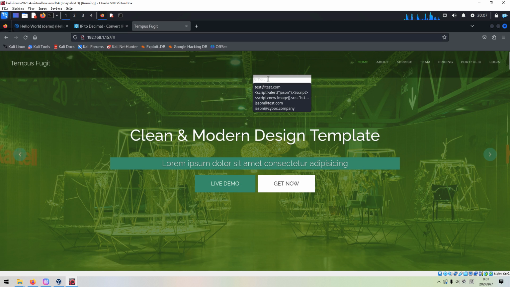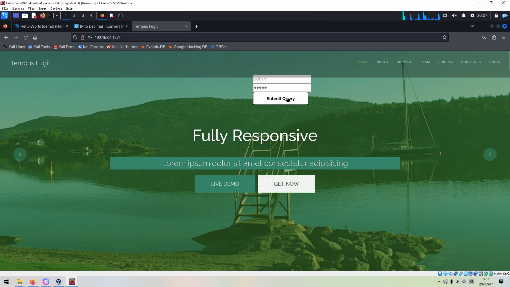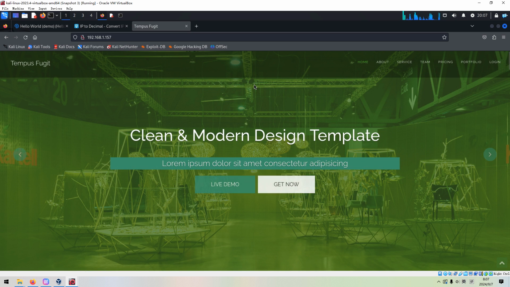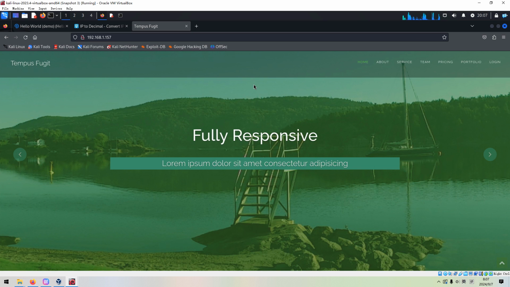And here we can provide, for example, admin and admin to try, but I don't think so. Maybe the web application is protected by a WAF, the web application firewall.